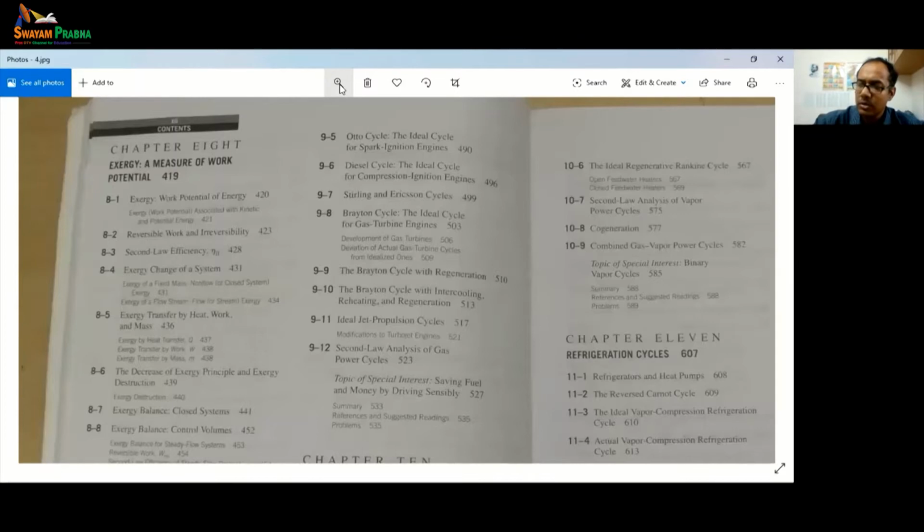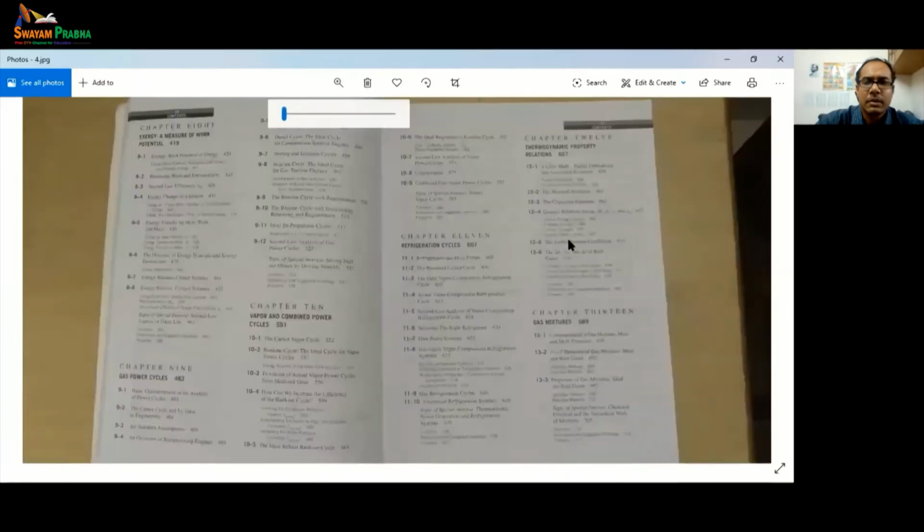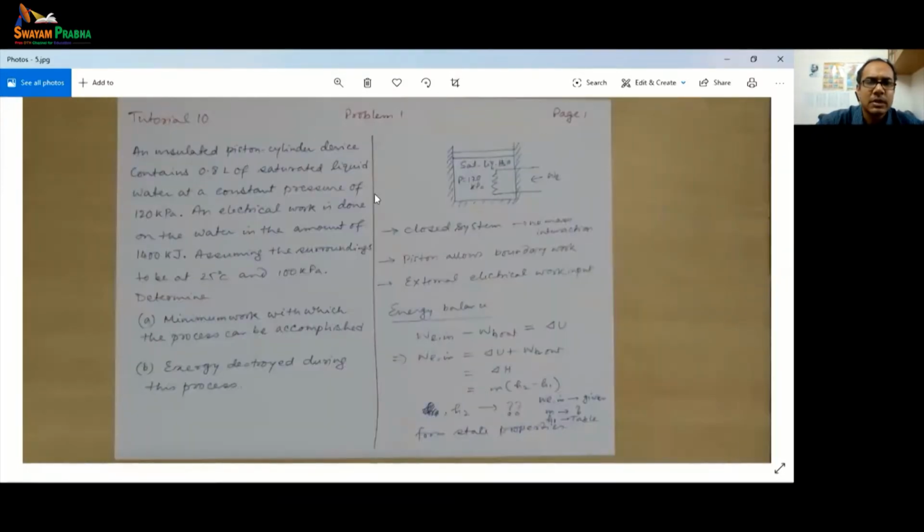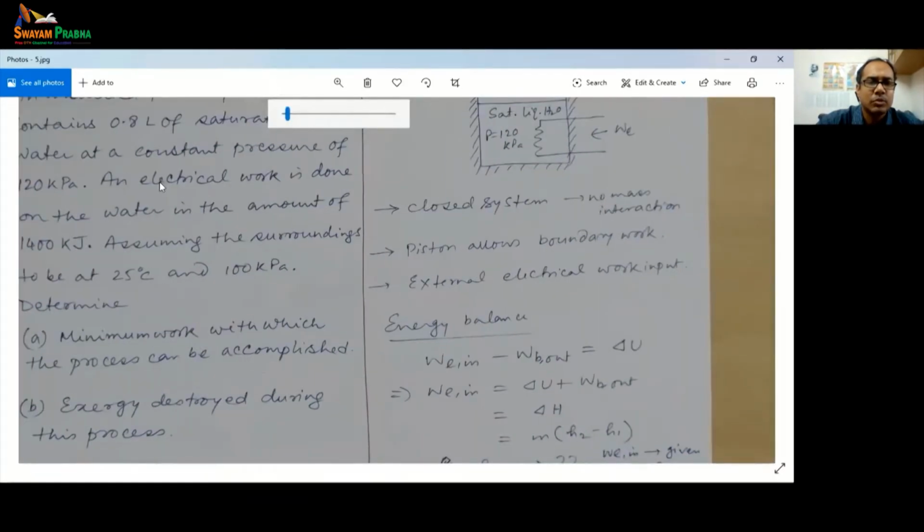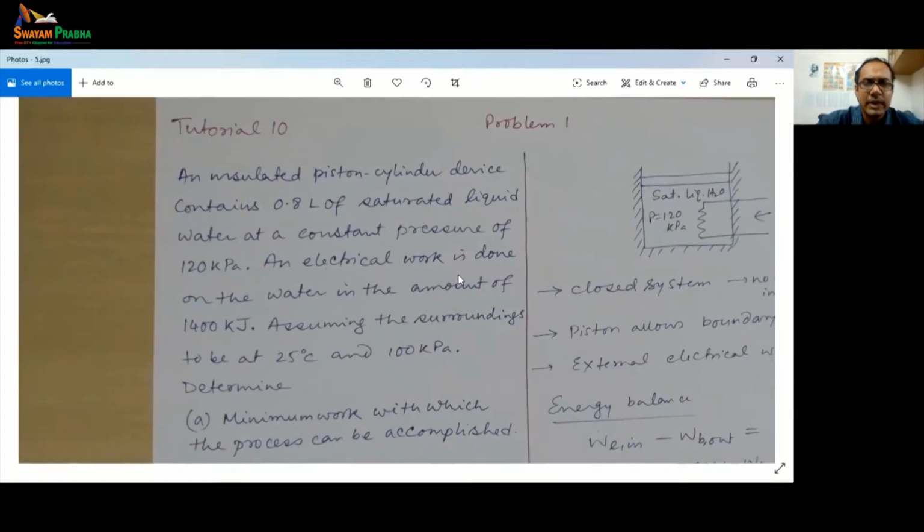Okay, so the first problem we are going to take is on a closed system. In the last tutorial also, the last problem we took was on a closed system. We'll take problems on both closed systems and open systems, where work is involved and where only heat is involved. So all kinds of things we'll do